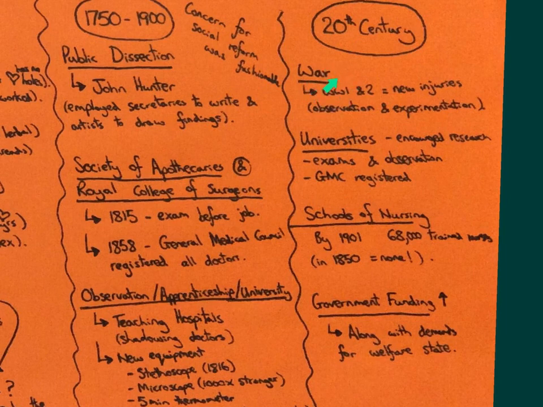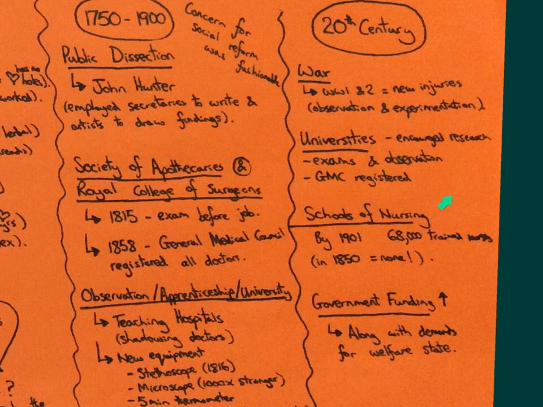But during World War One, we see lots of shrapnel wounds and shrapnel victims, and it's necessary for doctors on the battlefields to be able to have access to and be trained in the use of technology like X-rays to save those soldiers. Again, in terms of changes in training, we see the same sort of thing in World War II with new injuries, meaning that there's a need for plastic surgery to develop as well. So it leads to new observation and experimentation in war, but also investment in training and wide training in new technology.